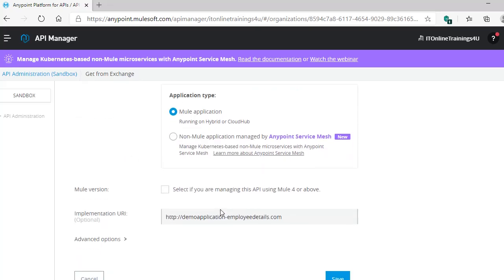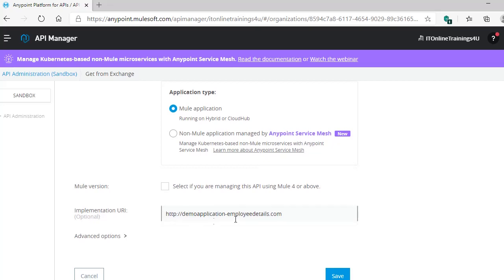Basic endpoint is nothing but we need to give our implementation URL here. It is the actual CloudHub application name. Let's give a name like this.